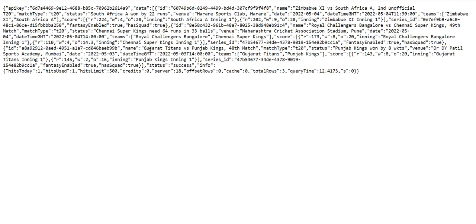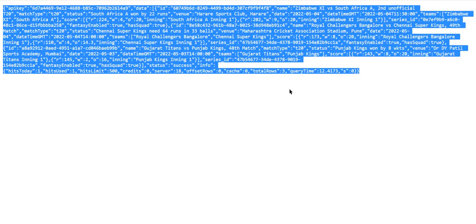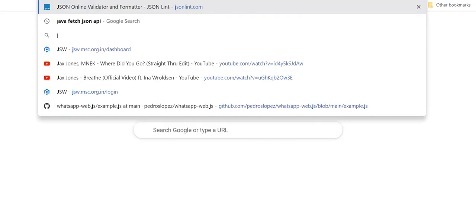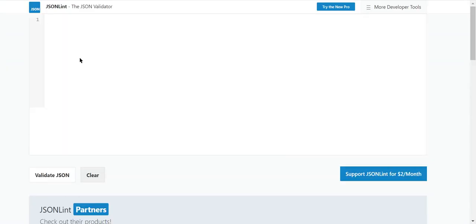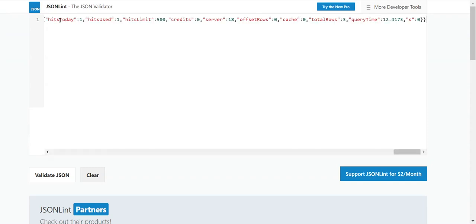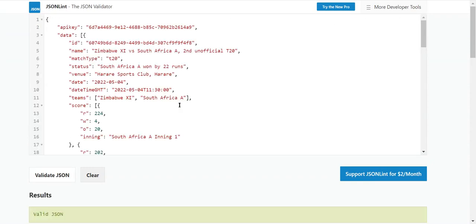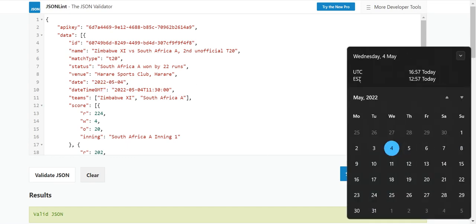This is a little hard to read, so I'm going to put this on JSON lint because that makes it easier to read. Paste it here. Validate. Yeah, there you see, it's easier to read now. Okay, so this match, yes, it's today's match. This is UTC or GMT time zone. So 11:30, which means this match was about 5 hours back,